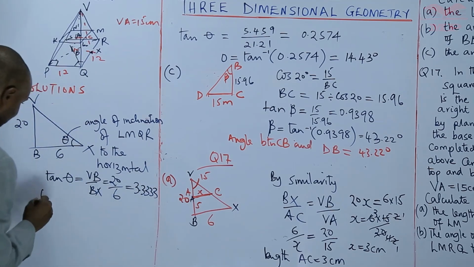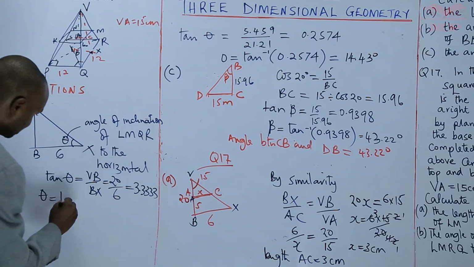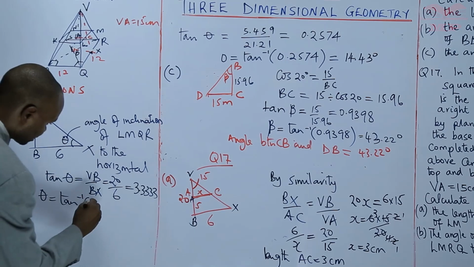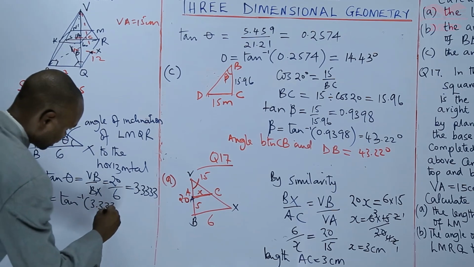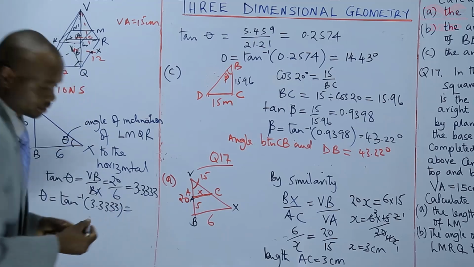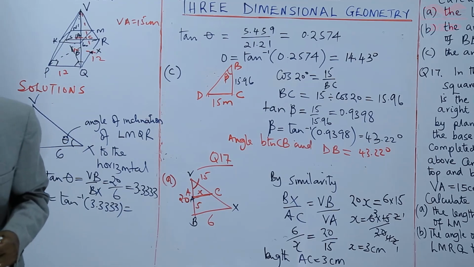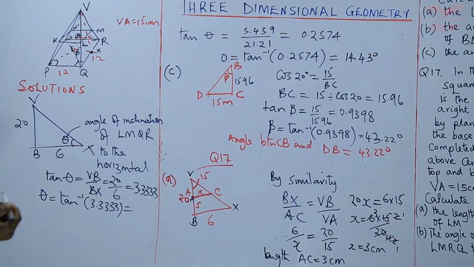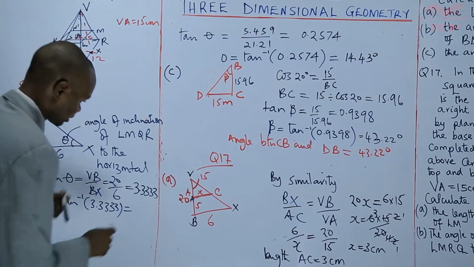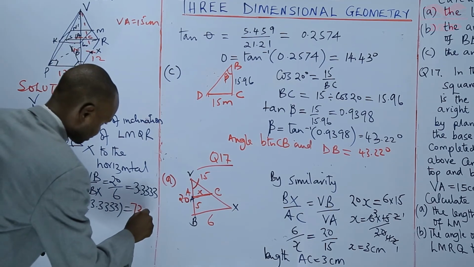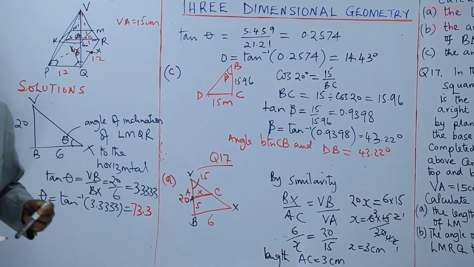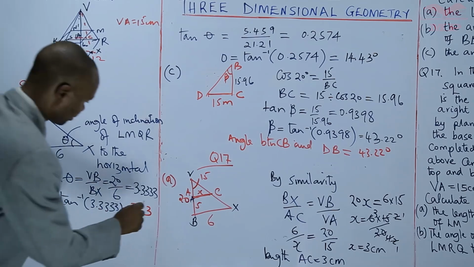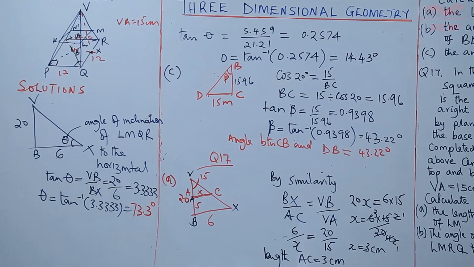So theta is equal to tan inverse 3.3333. Punching the calculator, tan inverse 3.3333, 73.3 degrees. Lastly,